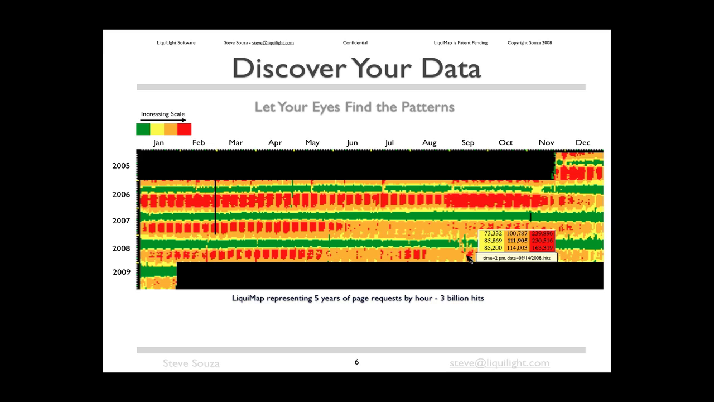Now you can see a number of different patterns within the LiquiMap, both long-term and short-term. For example, this red area is the work week, and you can see the weekends are this orange color, and it's separated. So we've learned that this site has more traffic during the week. But you can also see longer term patterns such as year-over-year patterns. Over here you can see 2005 is redder than subsequent years. You can see seasonal patterns such as